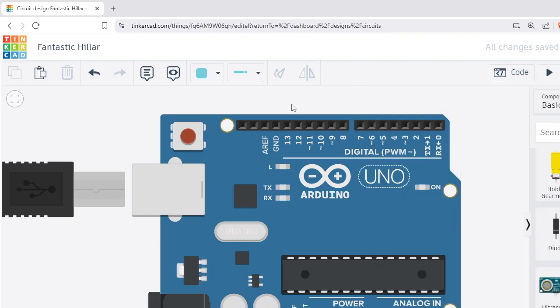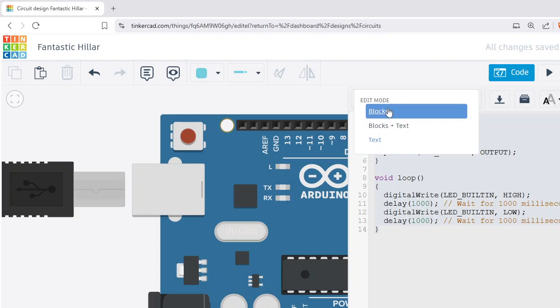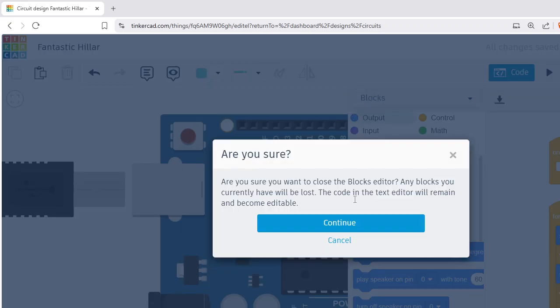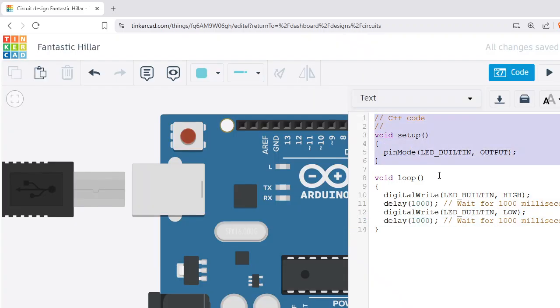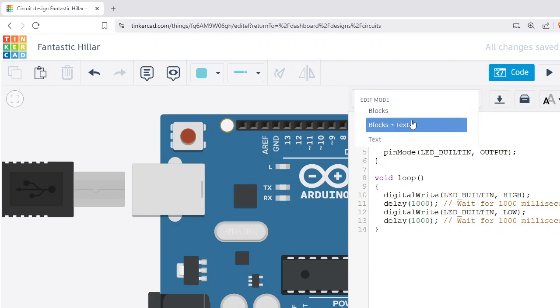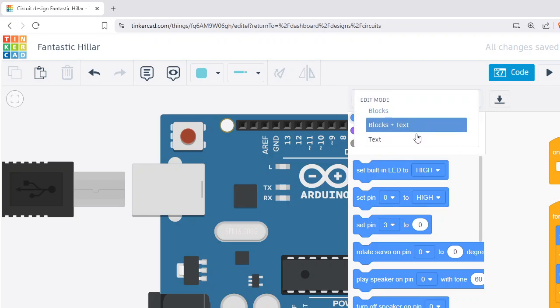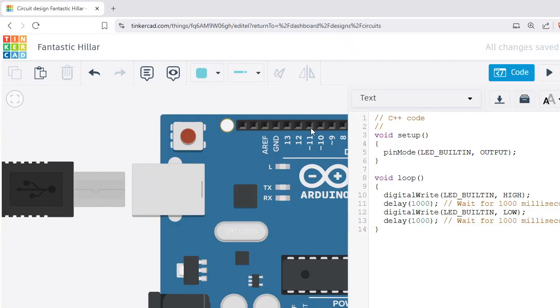Sir, I checked this. Then there were blocks. तो change that to text. यहाँ पे blocks है ना, blocks तो वो हमारा scratch type का program हो जाता है, which we are not very comfortable with. If you are comfortable with it, work with it. But otherwise, normally we do text, and text basically is the C++ code वाला type. वहाँ पे blocks से text में change कर देंगे. It will ask you something like, do you want to continue? You say continue. वो टेक्स्ट में आ जाएगा। ठीक है।